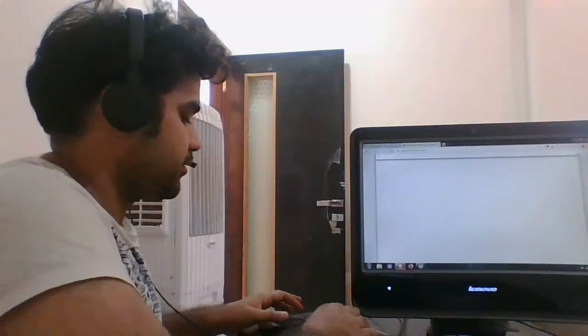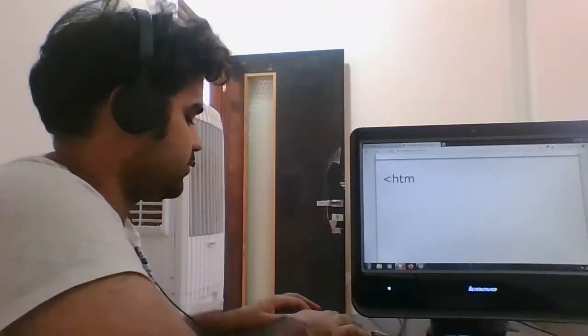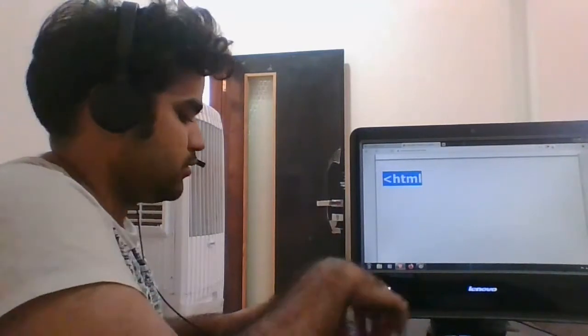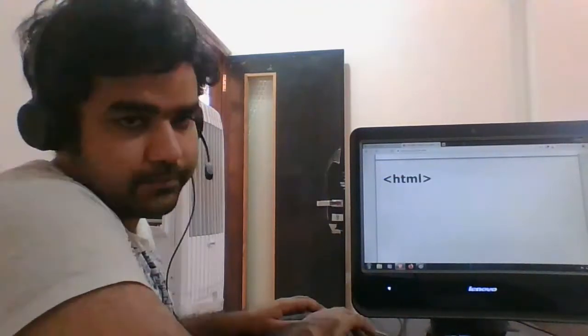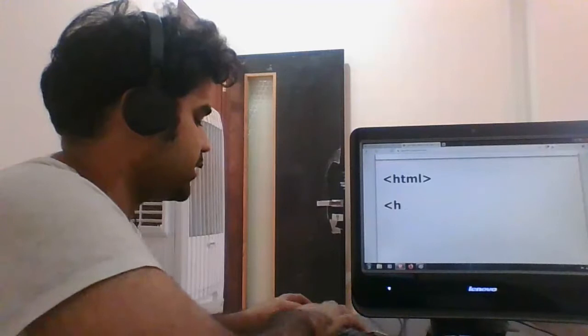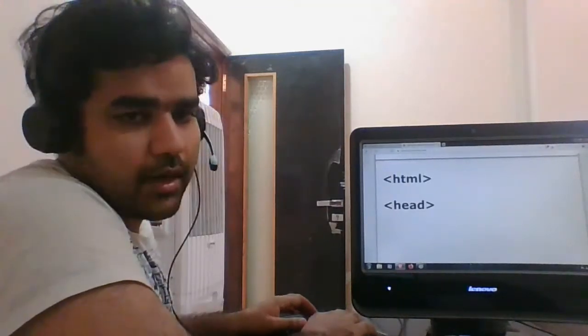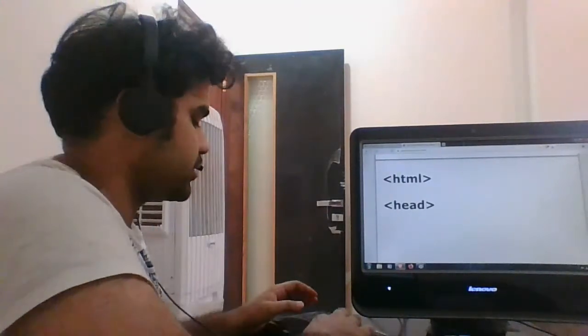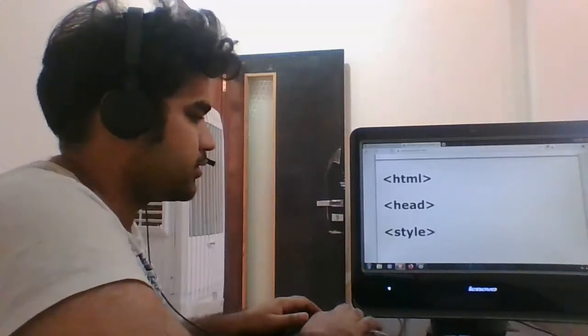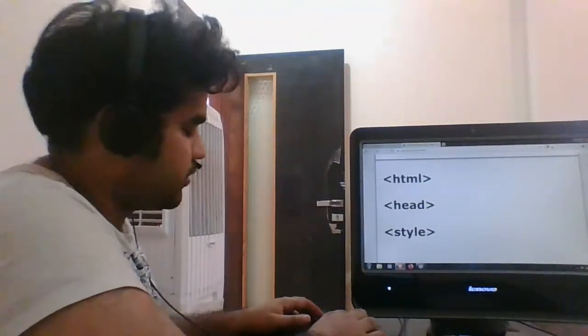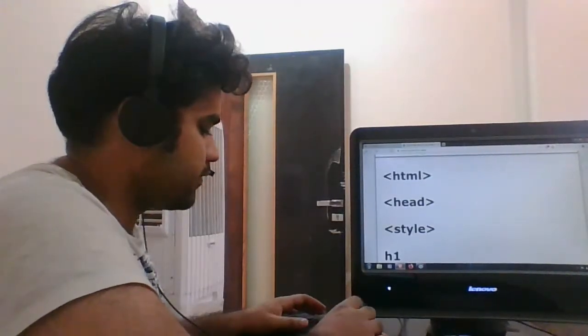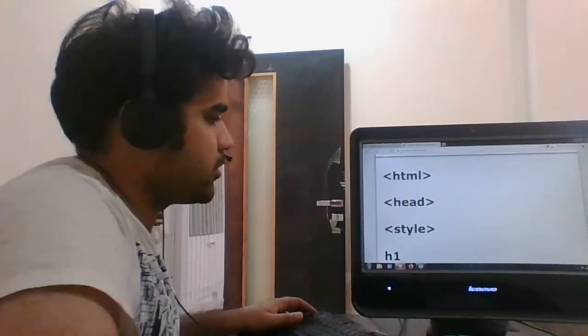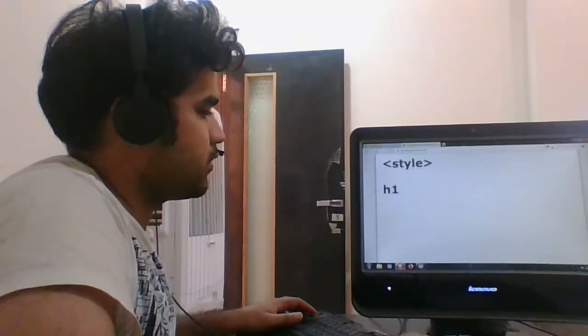We are writing HTML, and then using the head tag to add some heading. Then we are using the style tag to add the styling, CSS styling. Then the first attribute I have is